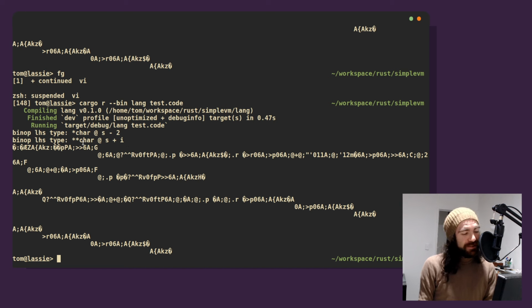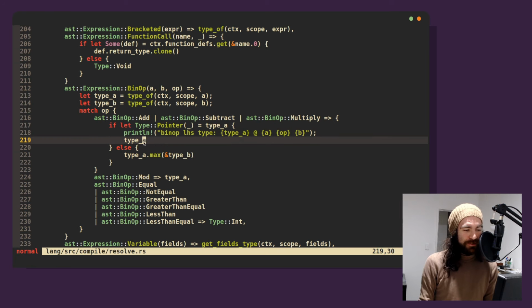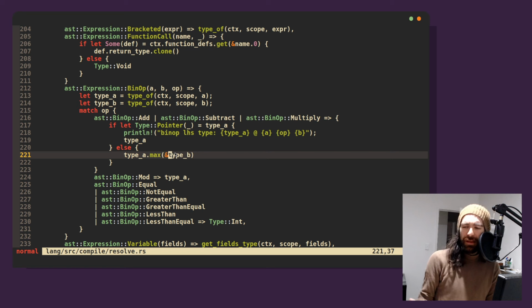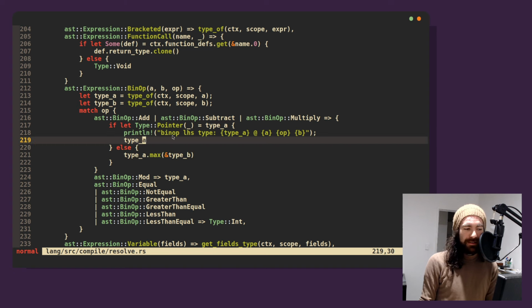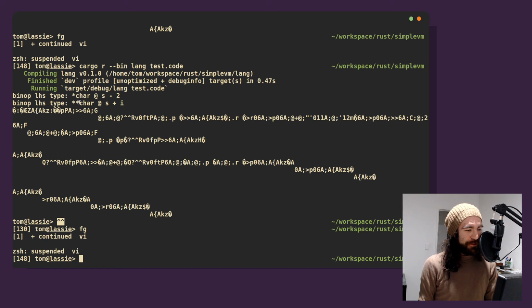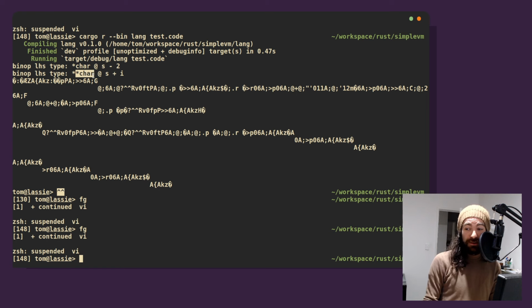See, I wrongly assumed that when we were adding two things together, well, I mean, I assumed correctly, right? We were upsizing our char to an int because we get the bigger of the two things we're adding. But in this case, what's gone wrong is, for some reason, the left-hand side is actually a pointer to a pointer. Now, what's the size of a pointer? It's 2. It's an entire word. So this is still trying to write a word.